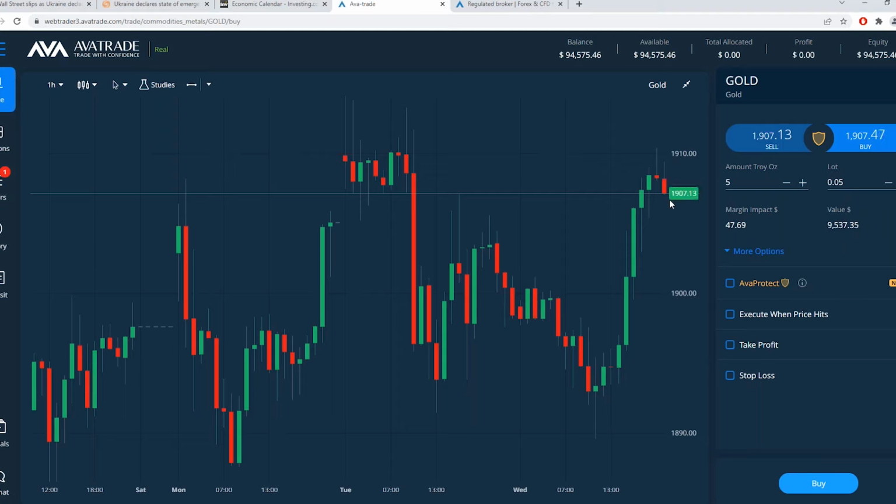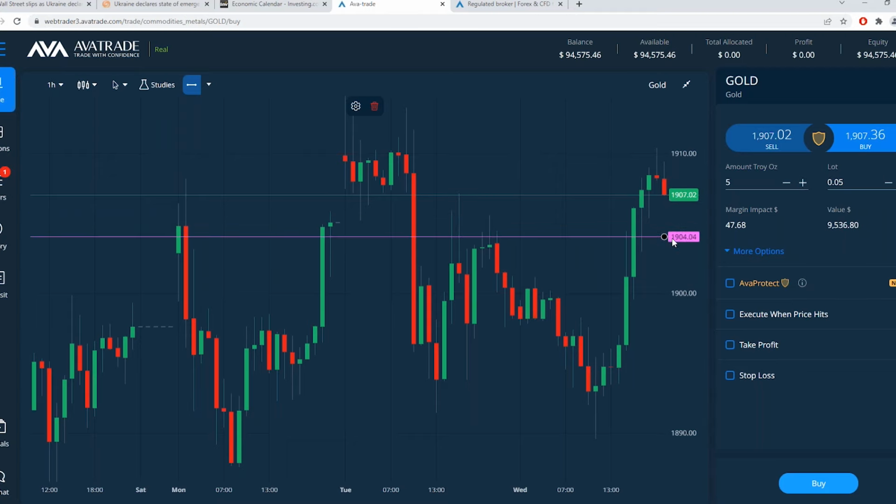A possible move on this, technically speaking, let's say you're bullish on gold because of all the fears of inflation, especially because of energy costs that could go up even further with this potential escalating conflict. If you're of the opinion that gold will go up, then you have some options on what you would do. Maybe you're patient and you see gold pulling back a bit right now. So perhaps you wait for your price and you say, where's the support level I might like? Could be something like here.